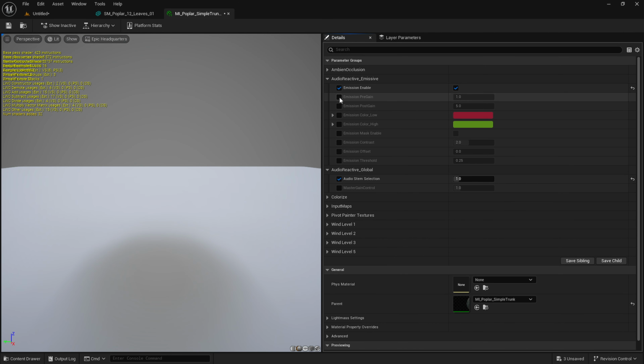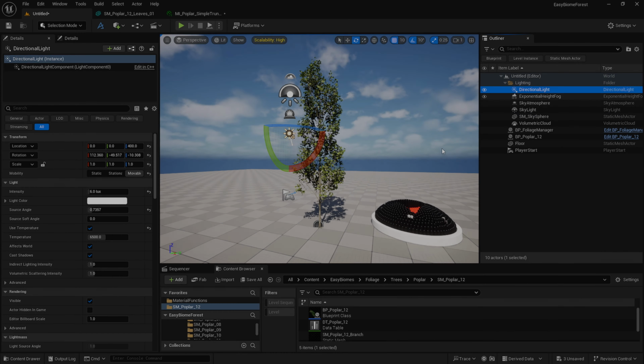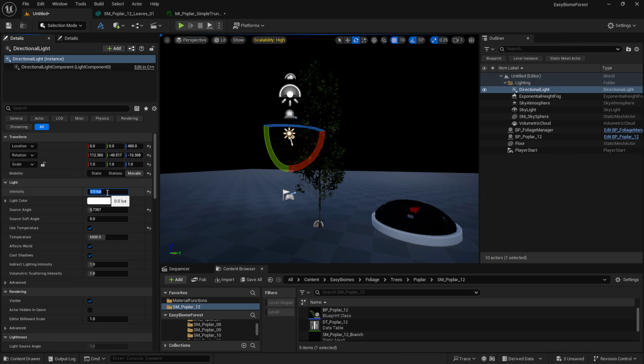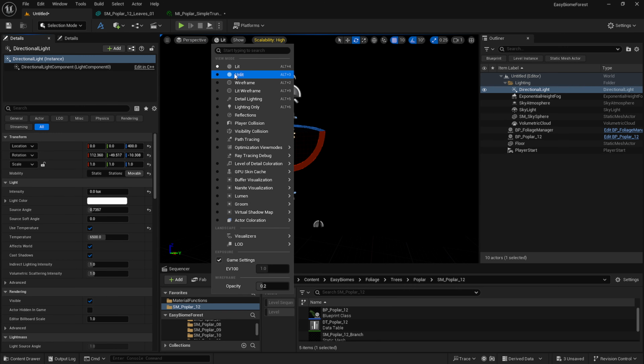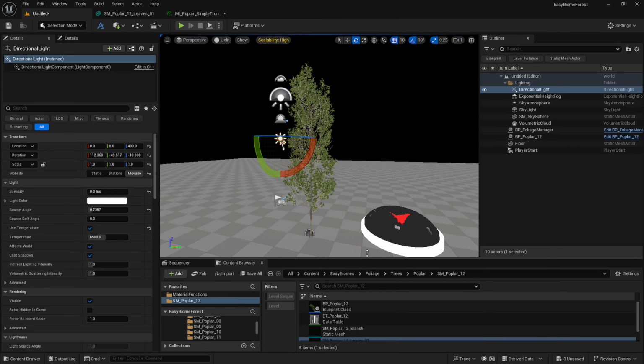So that is how simple it is to add these to your materials. And regardless of which function you add, since we just added emissive, we get the one rollout, but you could add your base color, your roughness, your displacement, and you would get individual rollouts for all those separate parameters. So let's go ahead and turn down the light in our scene so we can see what's going on. For now, I'm just going to turn it off. And I'll leave it unlit for the moment, just so we can see the scene still.